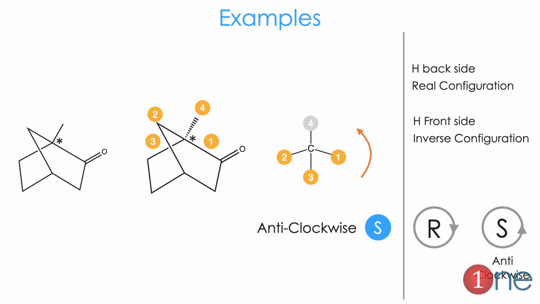Here the catch is you should know front side or back side for the least important group. Normally a hydrogen atom will come, but in this case it is a methyl. So the fourth one, front side or back side, you should know that one.